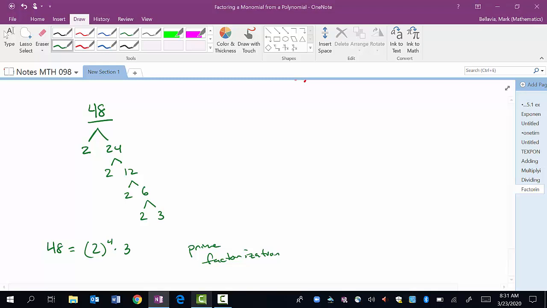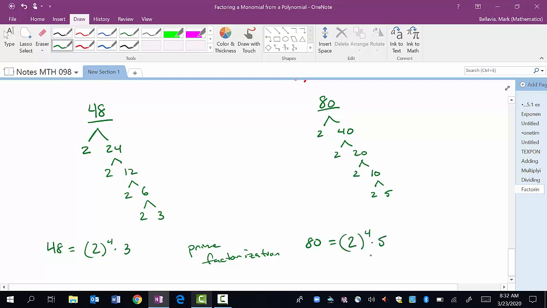All right, we can play the same game for 80 over here. 80 is 2 times 40. 2 is prime, so I'm done there. 40, if I want to factor that down, I can write as 2 times 20. And then 2 is prime, so we're done with that one, but the 20 breaks down. I can write it as 2 times 10. And then again, 2 is done. We can break down the 10. 10 is 2 times 5. Now these are both prime numbers, so that's how I know I'm done. So my prime factorization for 80 is equal to 2 times 2 times 2 times 2 times 5, which means it's 2 to the 4th